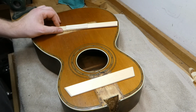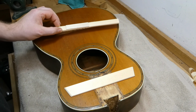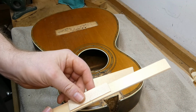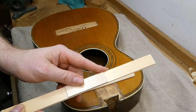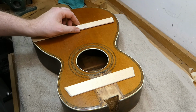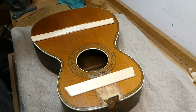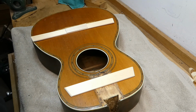I still have more patchwork to do on the pinholes and stuff back here, but this will get glued in as well. It's got a maple strip which will be glued to this spruce brace. And we will return to all of this next week. We'll make a fingerboard, we'll do some inlay on that, fret it, put some carbon fiber in the neck, we'll attach the bridge, we'll reset the neck, we'll do the crack repairs in the back and the binding, and lots more work to do. Until then,